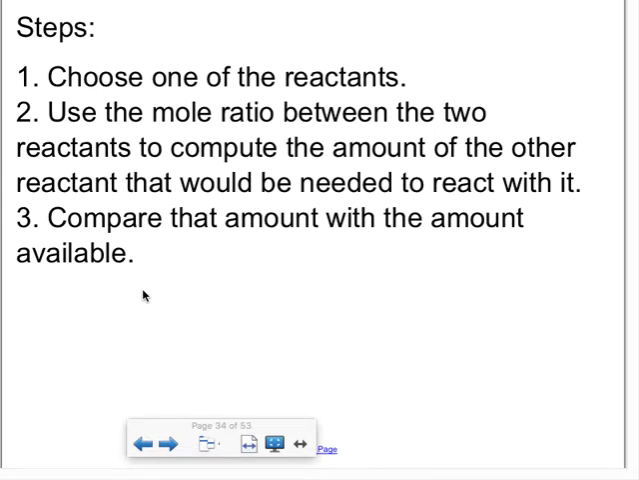So the steps, 3 simple steps: choose one of the reactants in the problem, and then you're going to use the mole ratio of the 2 reactants to compute the amount of the other reactant, and then compare the amount with the amount available. So I know that didn't really make much sense, but I'm hoping after several examples here,